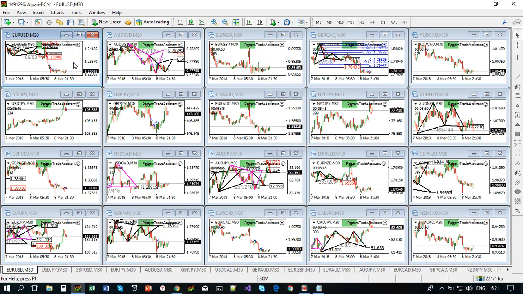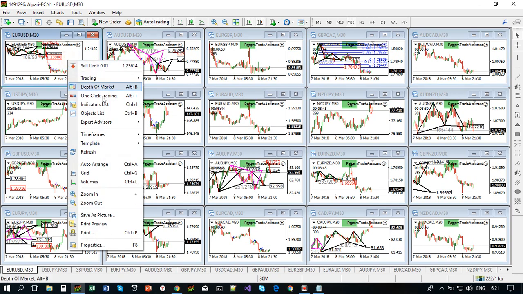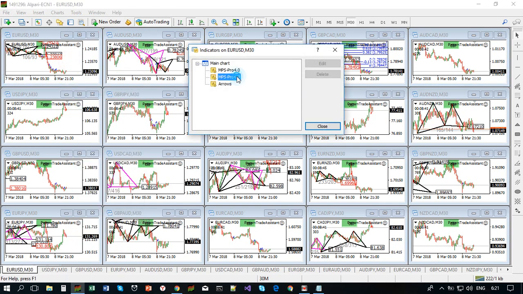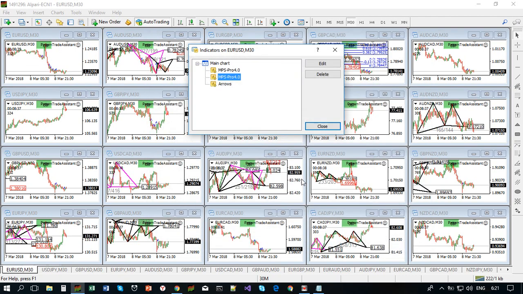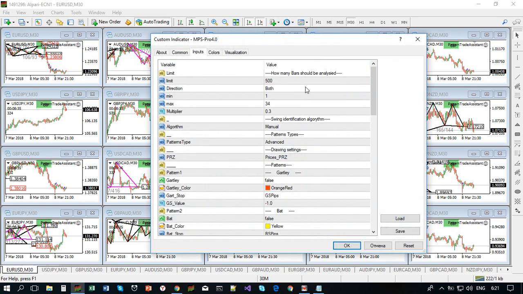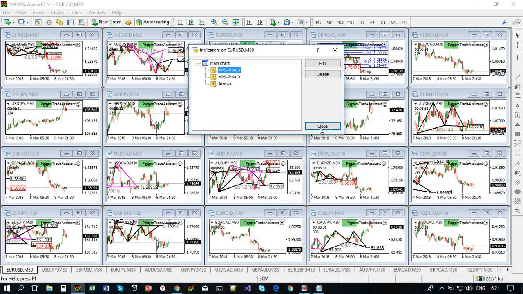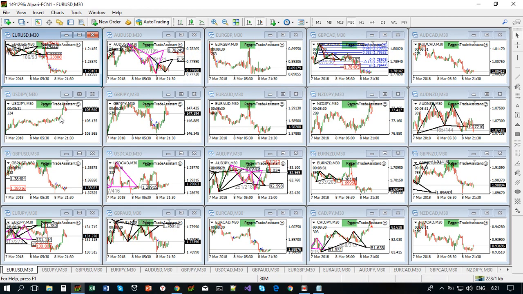Each of them is running two monster pattern search indicators. One of them is running the large swing identification algorithm, and the second one is running manual. I need manual in case of some strange market behavior. In this case I will simply draw the patterns manually, or rather half manually. Okay,